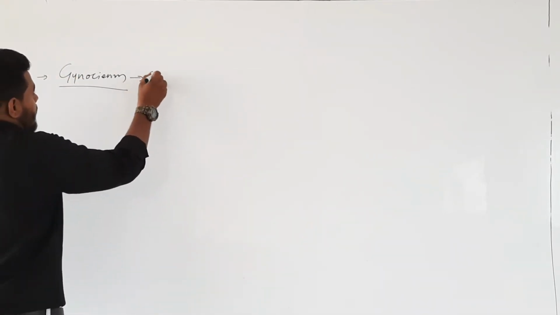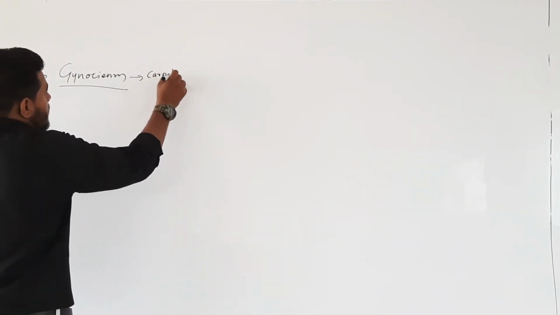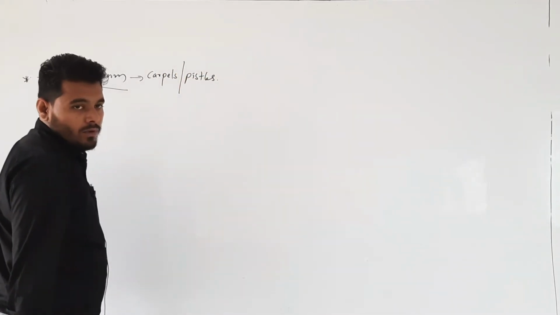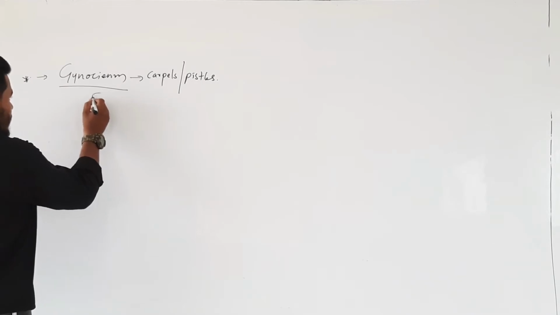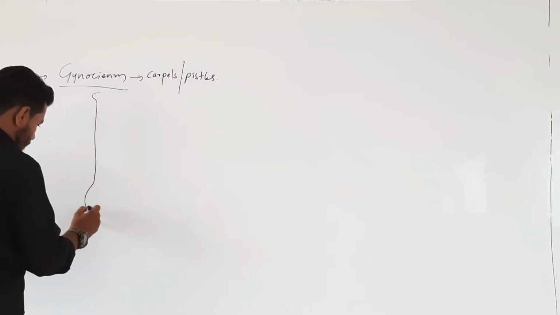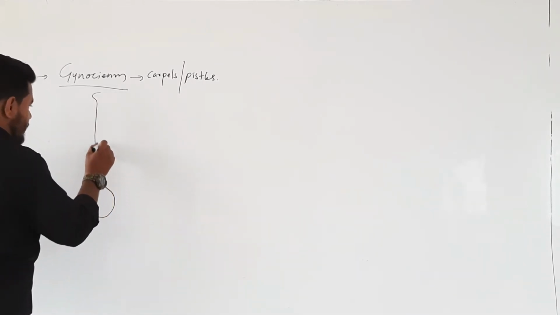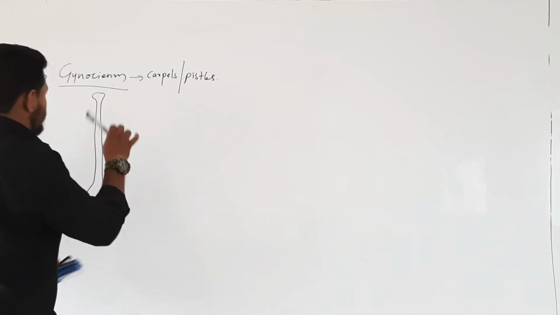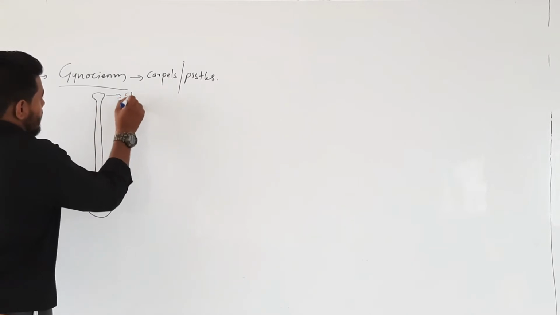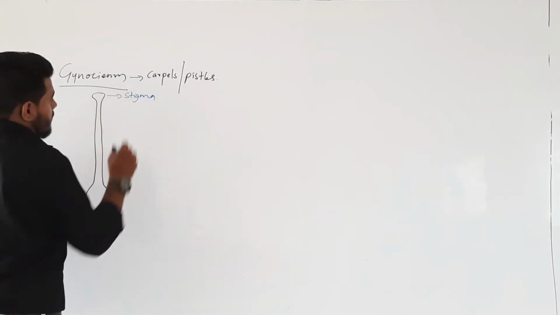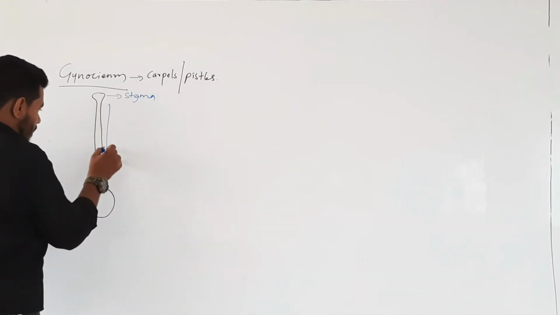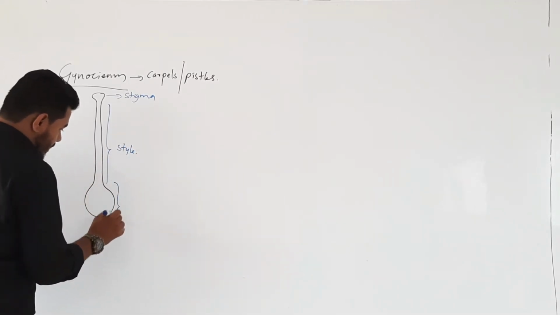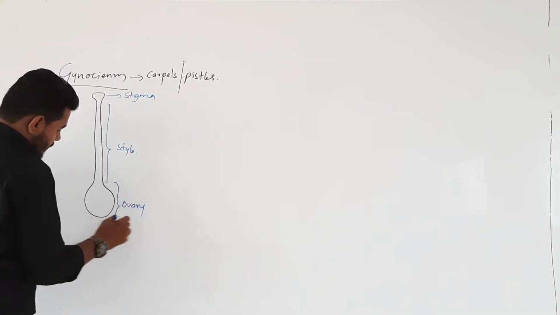It consists of carpels, or you can say pistils. If I draw one particular pistil here, it consists of three parts. This is stigma, this long stalk-like structure is called style, and this bulge-like structure is called ovary,